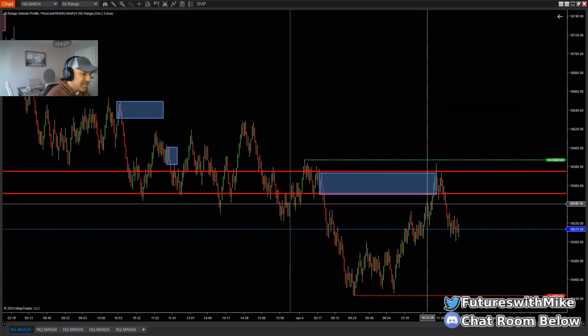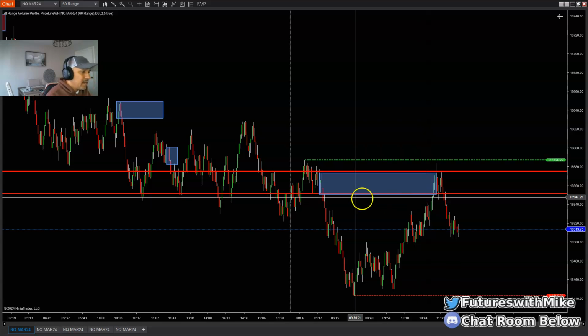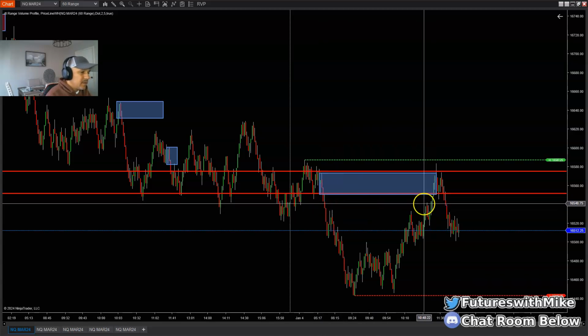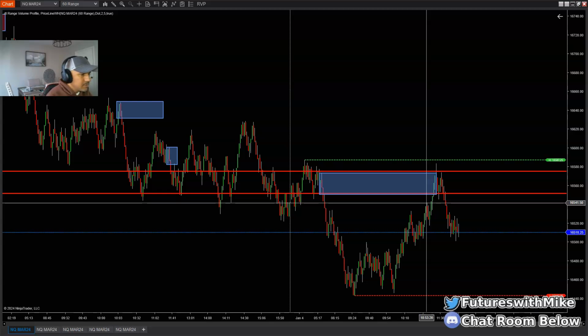And notice that we got the rejection here around 42, and that's another thing as well. There's multiple means of confluence there. We have an imbalance area there. We also have the 40 pivot number, which I talked about in so many videos. It's a hidden pivot level that a lot of traders don't talk about. Those so-called gurus that are making all these videos out here, they don't talk about all the different levels, the half numbers, the round numbers. The pivot areas are hidden areas that a lot of traders should be privy to.